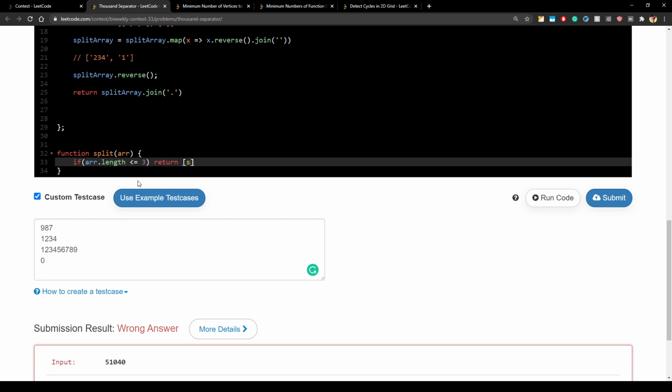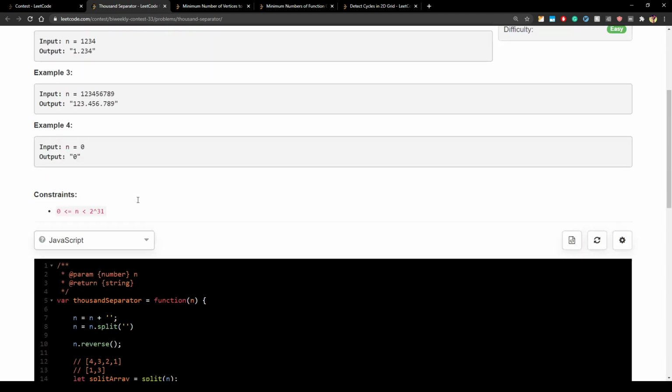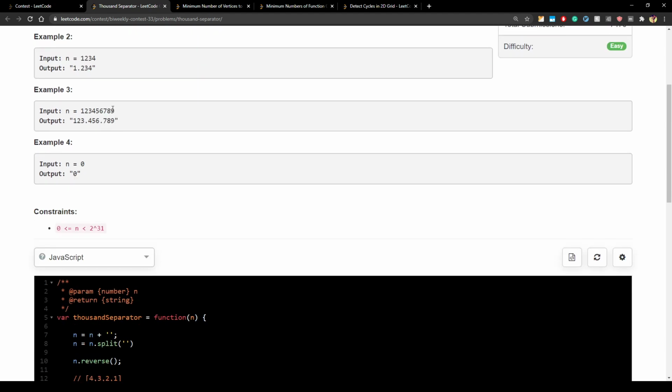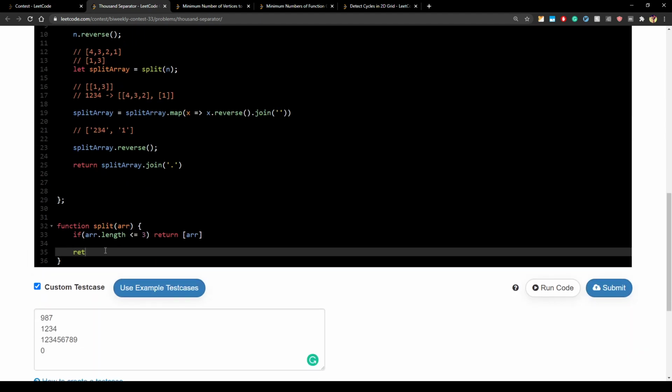We can do with string as well, I think. So this is done, but now comes the interesting part where we can very easily just recurse. Think about this: if you somehow get to this part, then we just need to recursively call this function on this part, which is very easy.